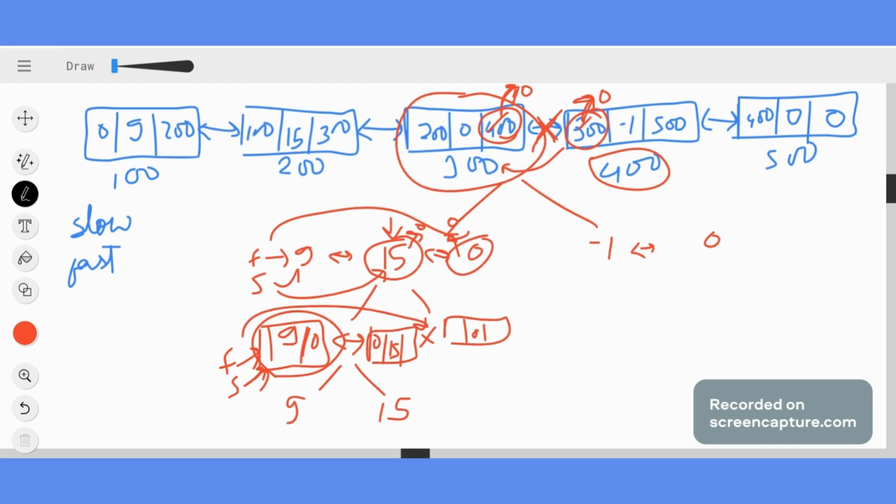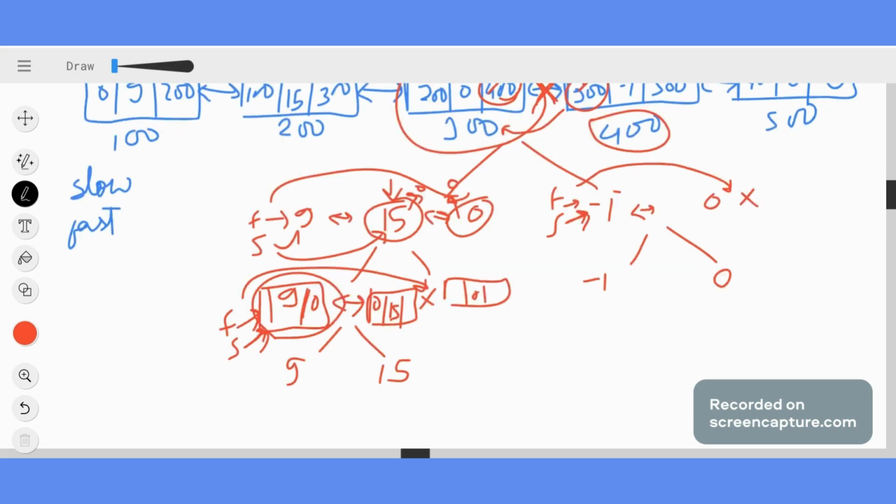Now let's do this. Let's split this now. What is the middlemost node? How to find the middlemost node? We will use the tortoise method. Slow pointer, fast pointer. Fast pointer is pointing to head. Slow pointer is pointing to head. Move the fast pointer 2 steps ahead. It is crossing the boundary. So my traversal will end here itself. But my slow pointer is now pointing to -1. So split this into 2 linked lists. That is, one will have -1 and one will have 0.